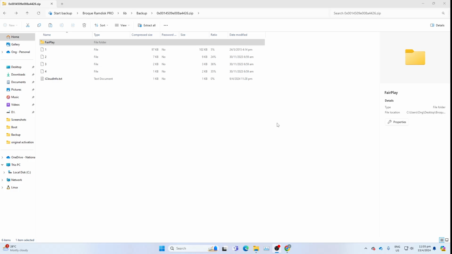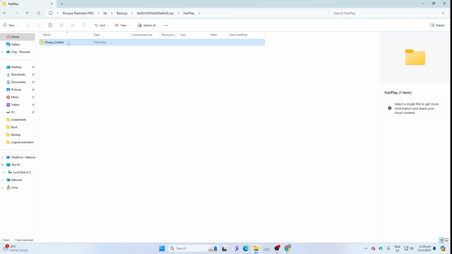In this tutorial video, I'm going to show you how to regenerate the IC-Info.sisv file. As you can see, this is a broken ramdisk zip file containing all the files except one file, which is the IC-Info.sisv file. I opened the folder to show you. The IC-Info.sisv file is missing. To solve this, go back to the zip file,